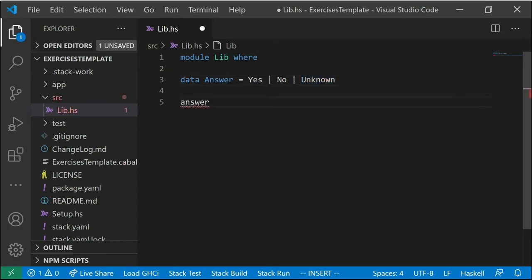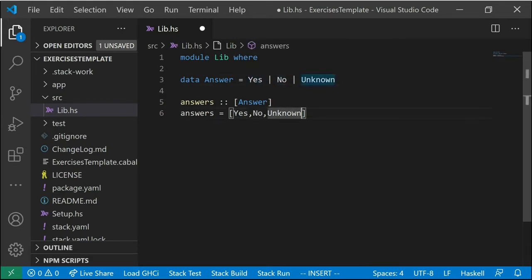So we can create a function, or let's just create a list, sorry, answers, and answers are going to consist of these three values, Yes, No, or Unknown. Okay, so we can go around and use these as values, just like we would use any other value, like True or False